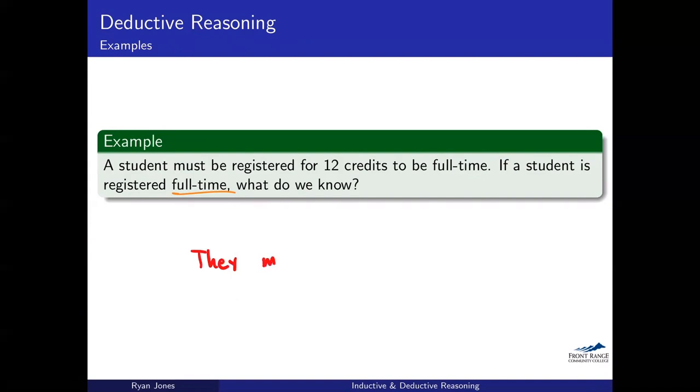I'll write this down. They must have, and let's say at least 12 credits. They could have more, but they have to have at least 12 credits, right? And this right here is using deductive reasoning. There's no pattern that I'm following. I'm not looking at a handful of students and seeing, oh, he's full-time and he's got 12, and she's full-time and